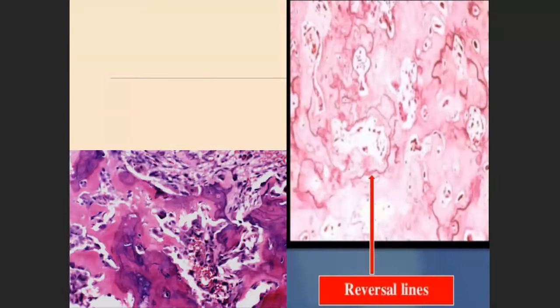See, these are the different appearances. Now here you can see sheets of cementum, and you can see these reversal lines. And in the second slide, you can see it is bordered by the cementoblast. These plump cells bordering the cementum are nothing but the cementoblast. See, now here you can see a multinucleated cell, that is a cementoclast, and soft tissue elements in between. That is, you can see the fibroblast, you can see a lot of blood vessels, and here you can see some extravasated RBCs.